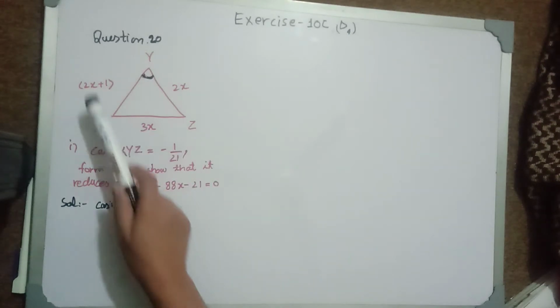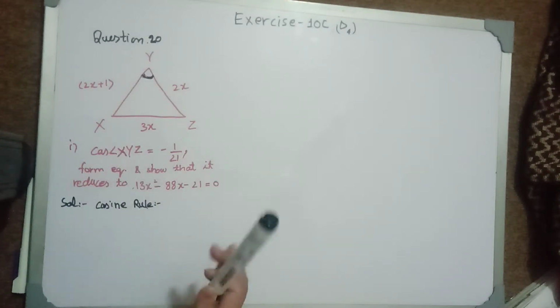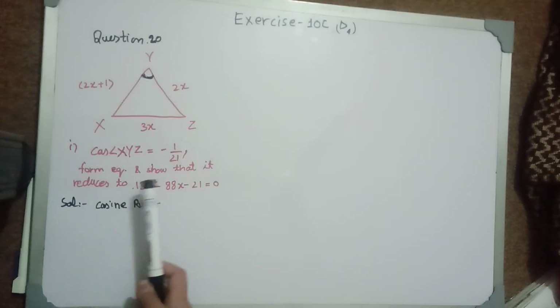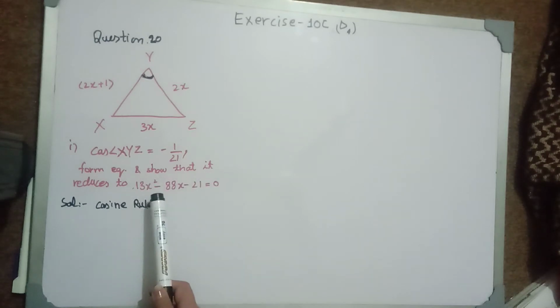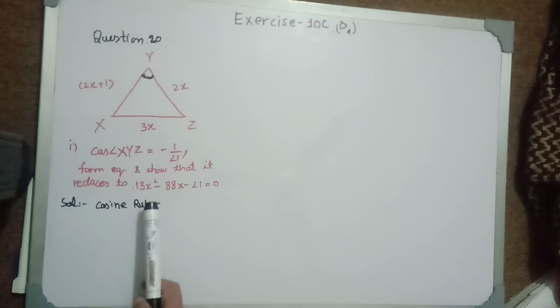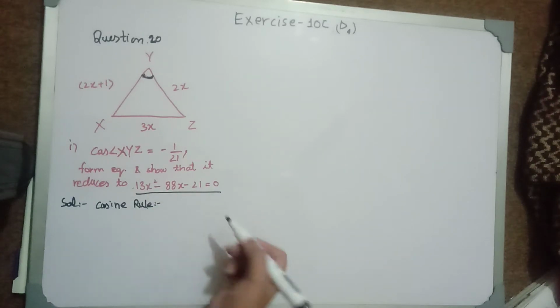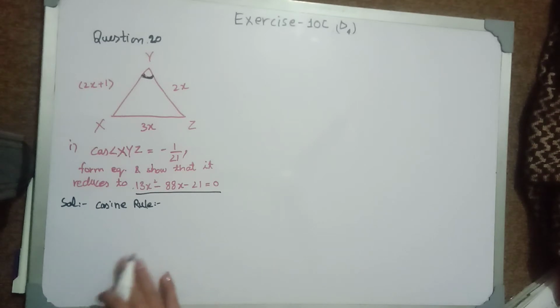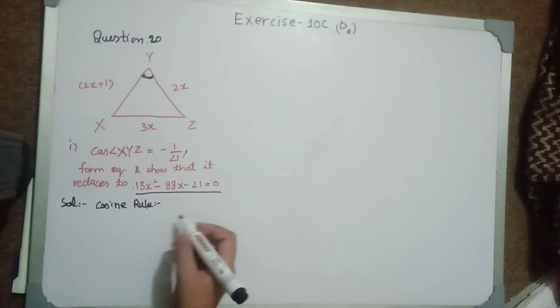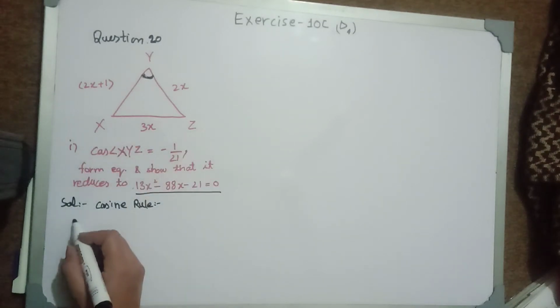You are given the sides and one angle, and using this information we are going to form an equation, and we will show that on simplifying, that equation takes this form. Okay, so let's begin. We are going to apply the cosine rule here. And let's say I take this side XZ